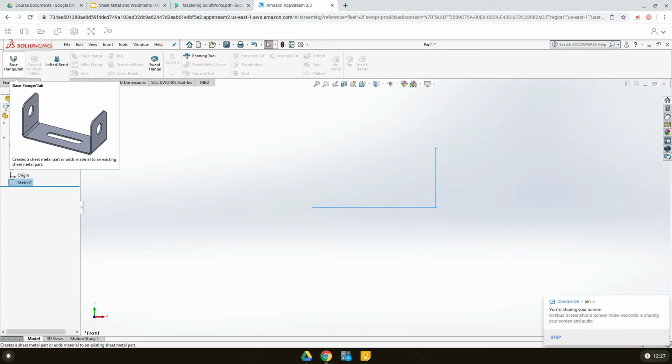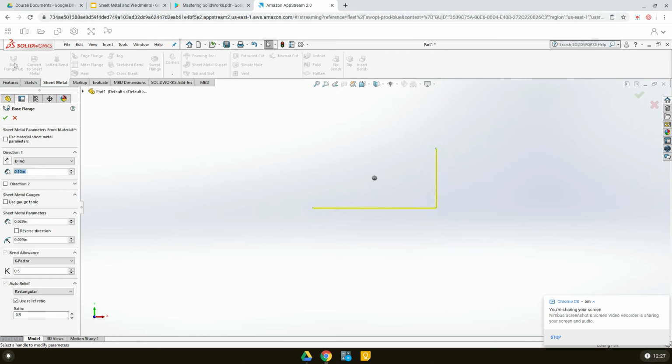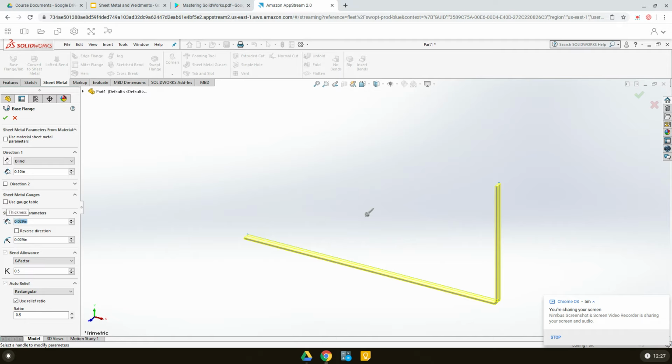So you can click on that, and you can already see the feature that is taking shape here. You can enter 0.125 for the thickness of the sheet metal. Okay,